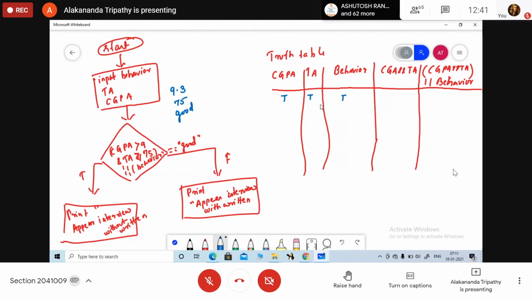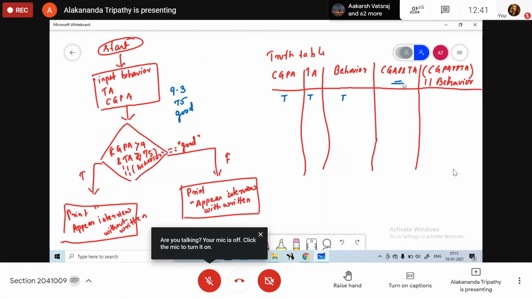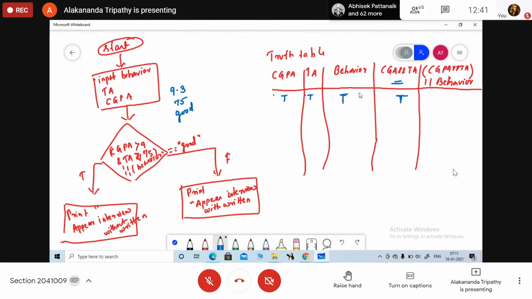So it will appear. So here first we will go with this one, CGPA and theory attendance. So here what will the value be? True. And behavior and this one true. Or clause is there. So what will be the value here? True. Okay. So now, are you clear with this one? First, we are going to check CGPA and theory attendance.